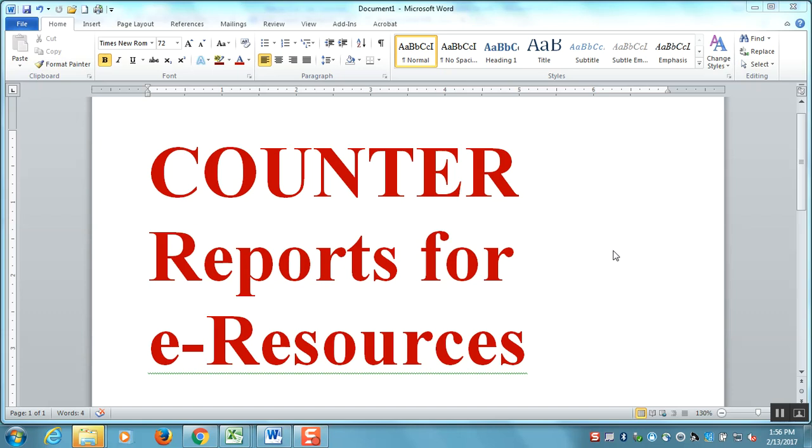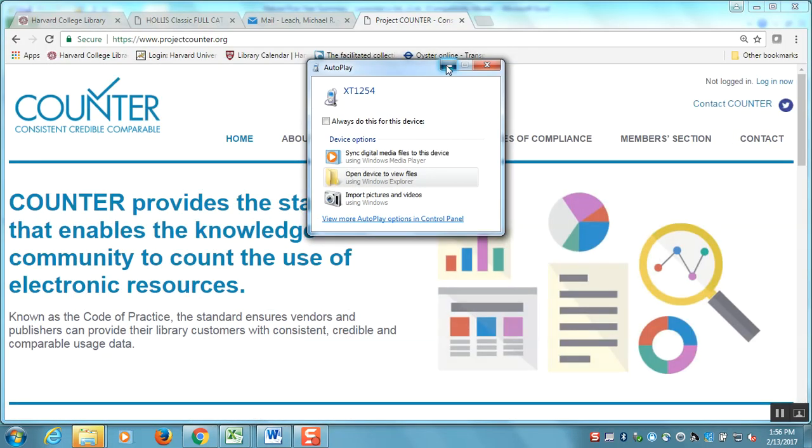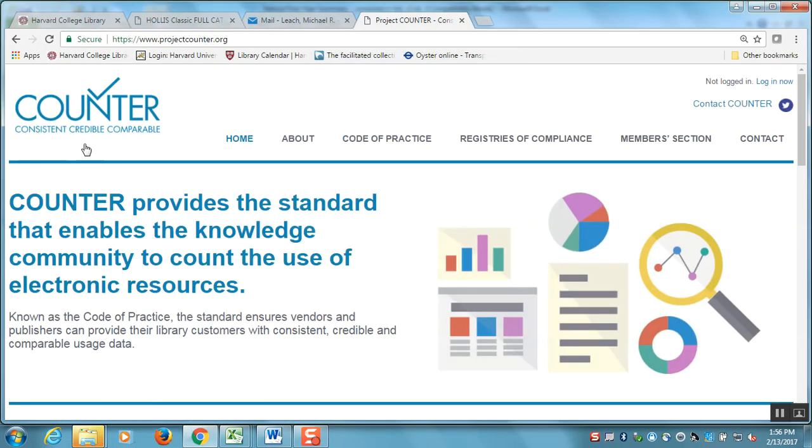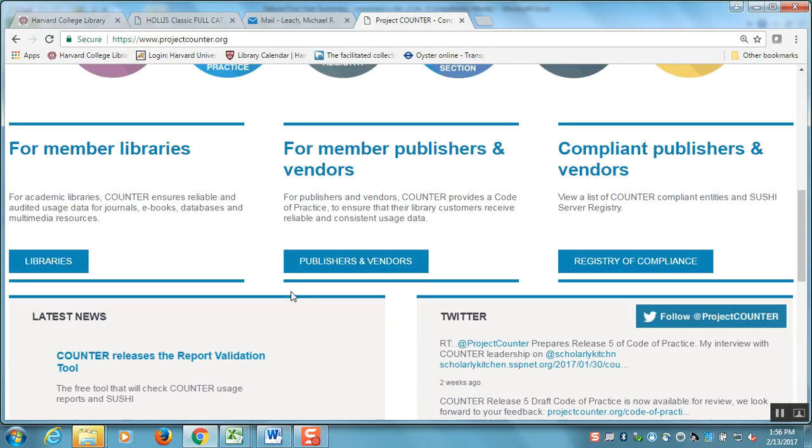Evaluations for e-resources is pretty straightforward these days, and this is because of the COUNTER reports. COUNTER is actually an acronym for an international standard that publishers, librarians, and others use for tracking the use of e-resources. There is a COUNTER page, the Consistent, Credible, Comparable. Anyways, it's projectcounter.org, and on this page you'll find a lot of really useful resources